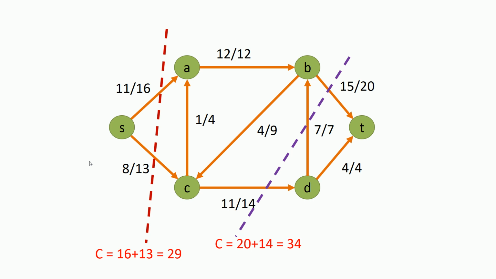In this way, you can find the capacity for every possible cut in this flow network. Out of those, the capacity of the cut with minimum capacity will be the allowed maximum flow for this flow network. So for this flow network, that cut will look like this, and the capacity of that cut will be 23. Now this way of finding the maximum flow of a flow network is simple but inefficient to implement. So we are going to only use this methodology to verify the results of the efficient algorithm that we are going to discuss in the next video.